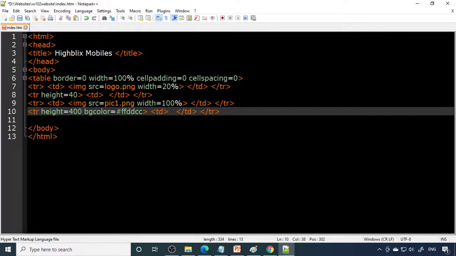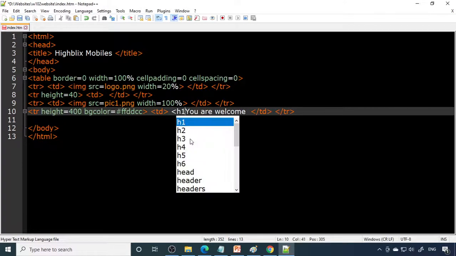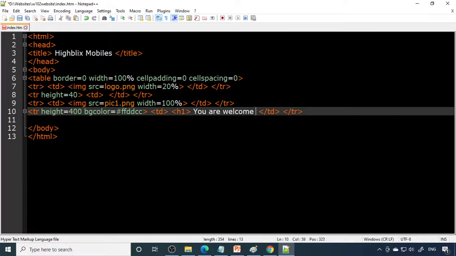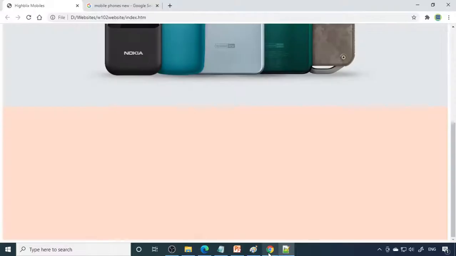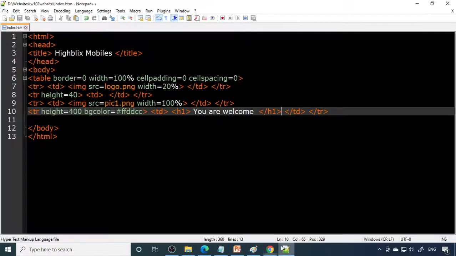What is the content you want to write? Let's say, you are welcome to our site. And we can use H1 with that. It's on the left side, so you want to bring it to the center.